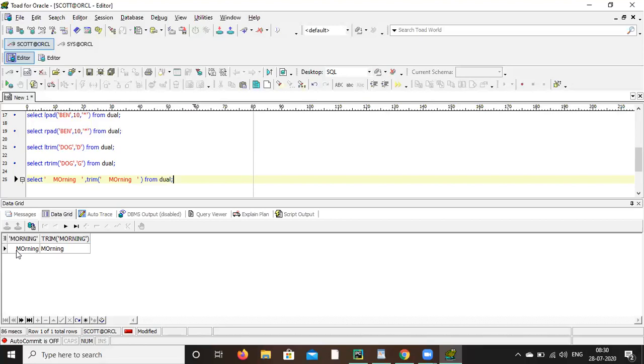So sometimes in our data, space or some character will come, so we have to clean the data. Data cleansing, we need proper data. To analyze something, you need proper data. Because if you search for morning, it won't come, because in the data there is a space, so it won't match. Sometimes it will miss that data. So in that case, you can use all this for cleansing the data.